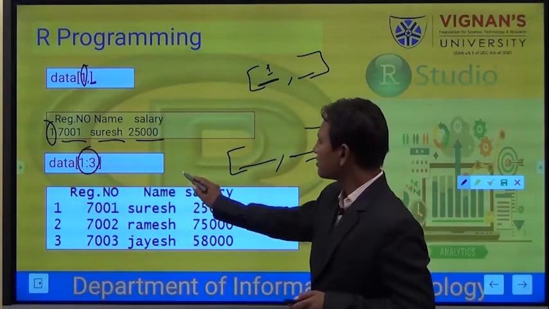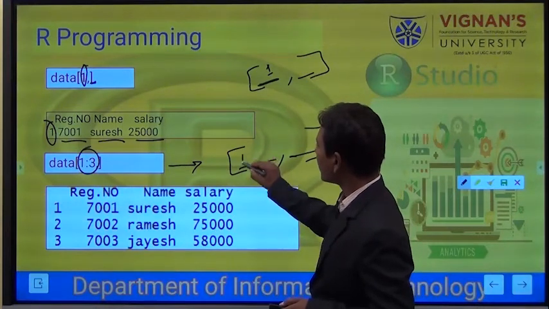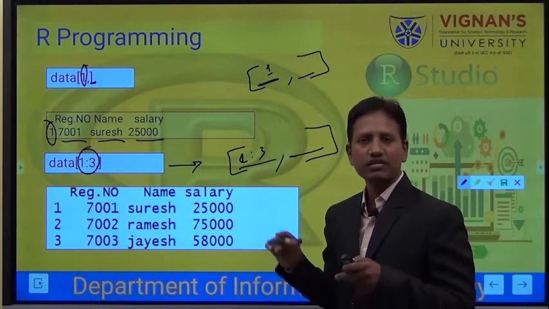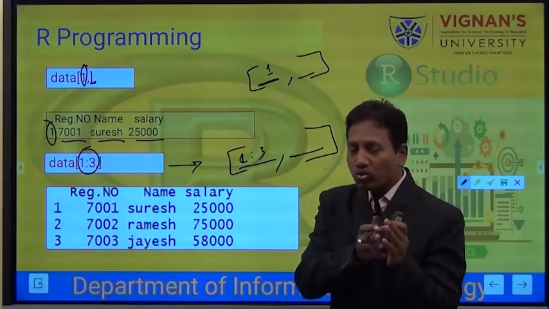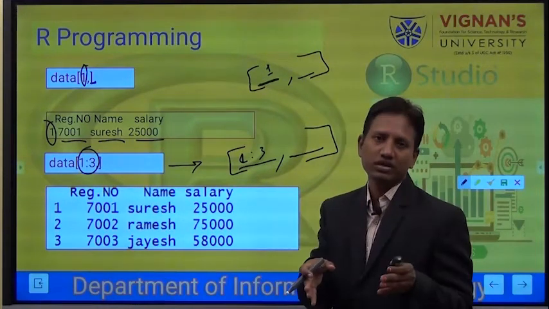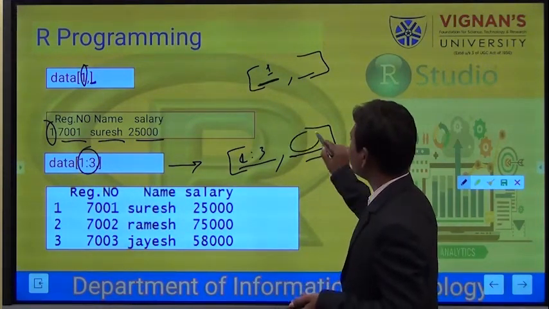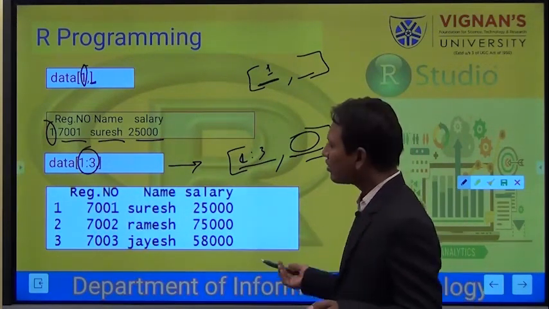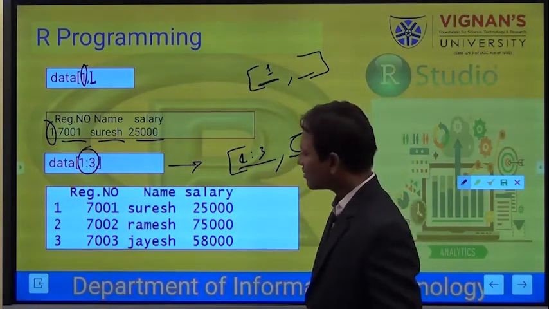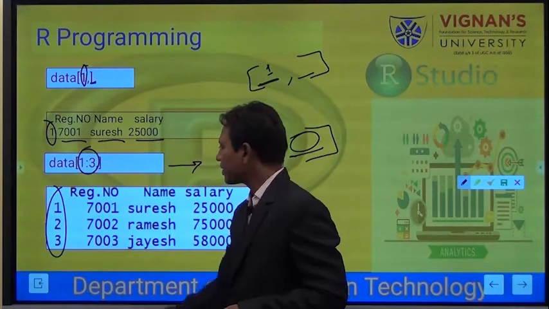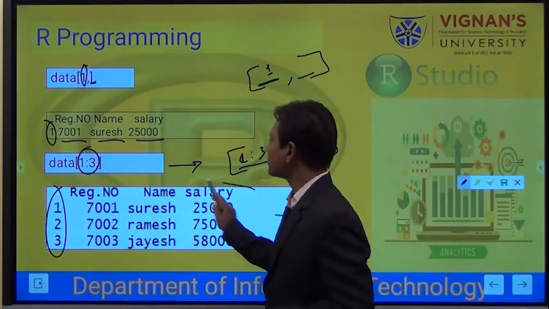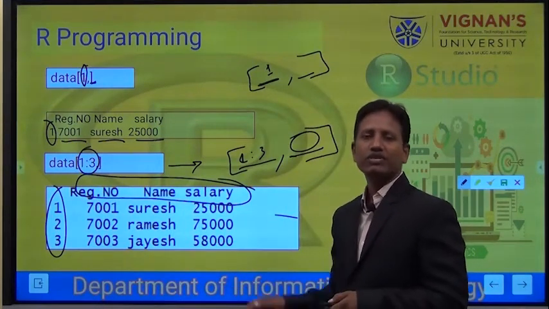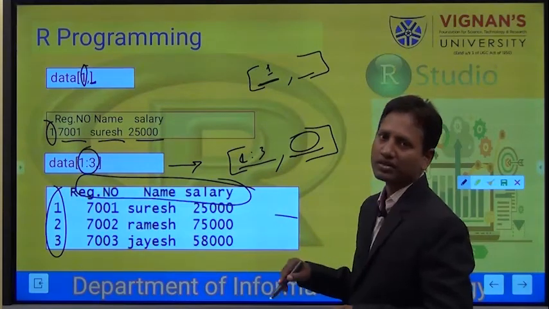In this example, in the row place I kept 1:3. In the sense, from the first row to the third row, 3 rows you pick, and again I left this place as empty, so you pick all the columns. From 5 records it has picked 3 records and all 3 columns. So this is how the indexing is going to happen in a data frame.